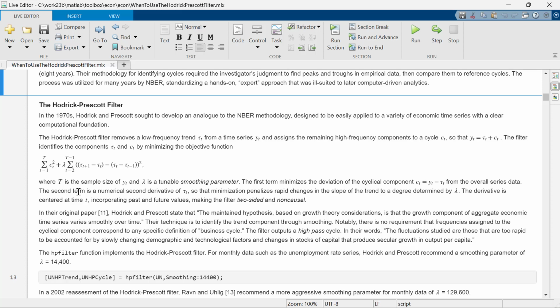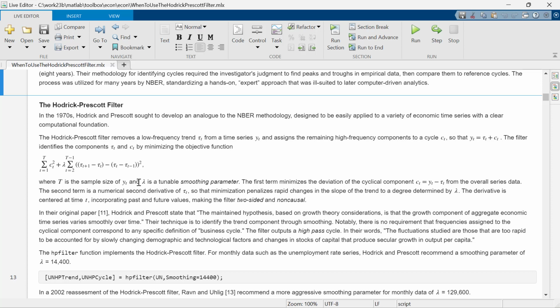So they're coming from a growth theory perspective, and there's some quotes here from the Hodrick-Prescott paper, the original paper. They put out a working paper in 1980 describing their filter, and it was much discussed in the econometrics community for decades until they finally published it in 1997. During that time, we'll see, the discussion that it generated resulted in these other filters that we're going to be